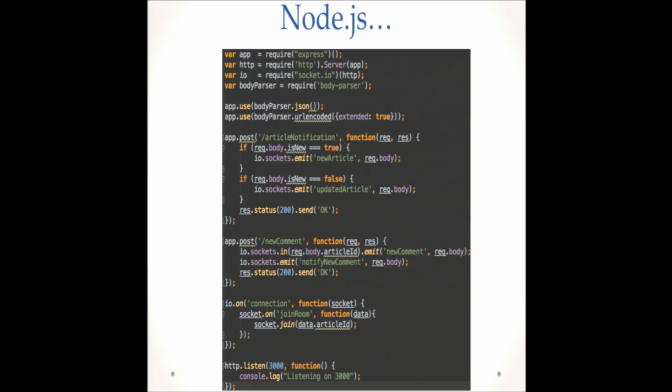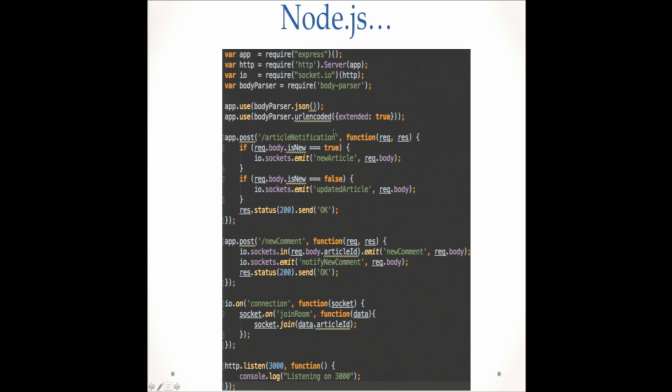And on the Node.js side, you don't need to be an expert. It's basically almost plain English. For example, for the articles, when somebody adds an article, the endpoint is going to be article notification over here. So on Node.js, every time we receive a request to that particular URL,